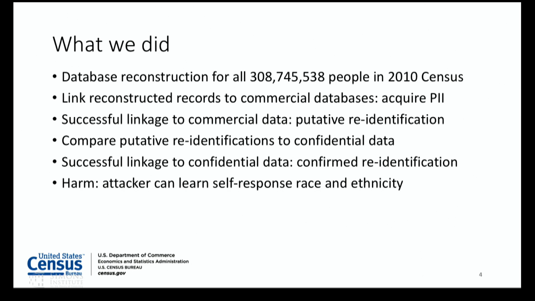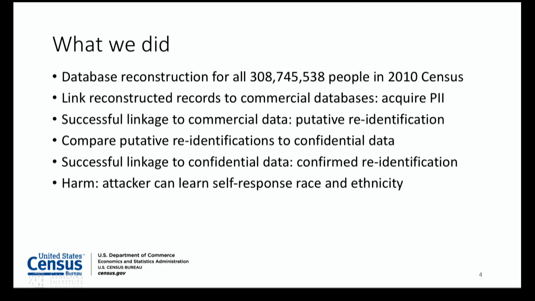We took the reconstructed microdata and used fairly straightforward exact record linkage techniques against 4 commercial databases that were acquired between 2009 and 2011 in support of the 2010 census to recover name and address, PII, as it's known in the trade. For every record where we were able to recover PII, we called that a putative re-identification. That basically means if you're an external attacker, you would think that this is the census data associated with this